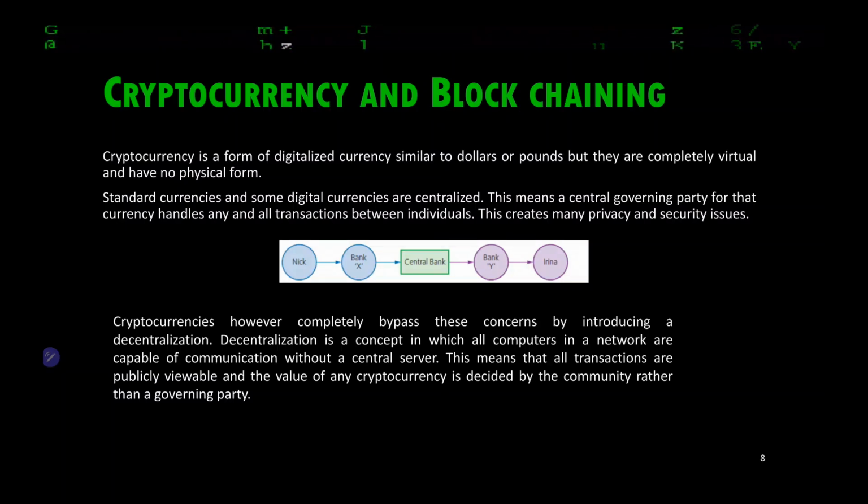Now, cryptocurrencies and blockchains is a relatively new part of the syllabus, and it's